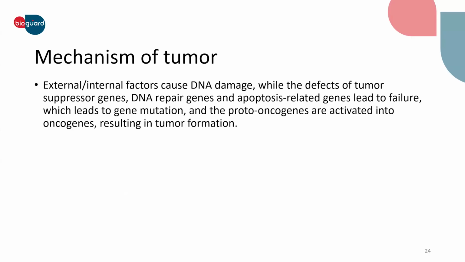When this system fails due to mutation or defects, damaged DNA may go unrepaired, leading to permanent mutations. Some of these mutations may activate proto-oncogenes, turning them into oncogenes that drive uncontrolled cell growth, laying the